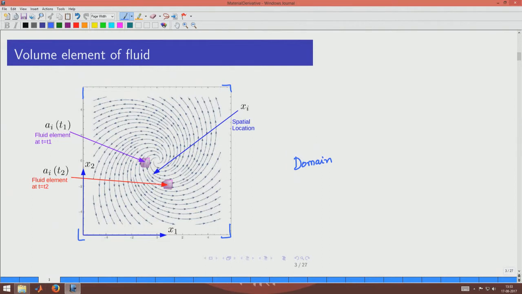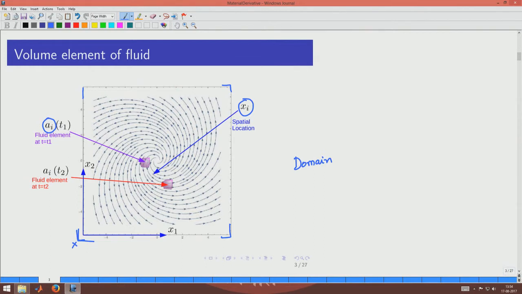So, if you were to specify the coordinates of the center of mass of this volume element, then you would use a symbol like this, A i, but we would also use sometimes a location specific symbol, for example x i. So, we use these two in two different contexts. Take for example, the situation of a car that is going along the traffic, and then a traffic police who is sitting at a location here. So, the way the traffic police would look at the way the cars are moving is different from how the car driver would look at his speedometer.